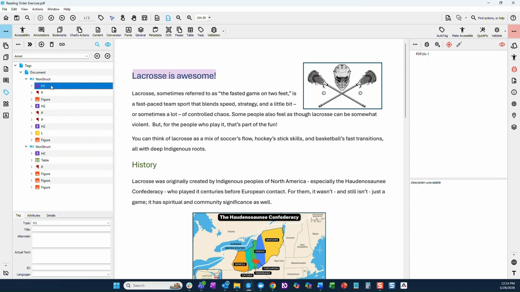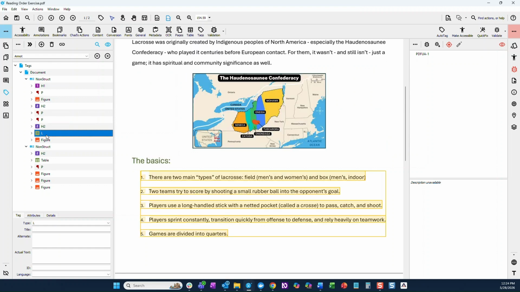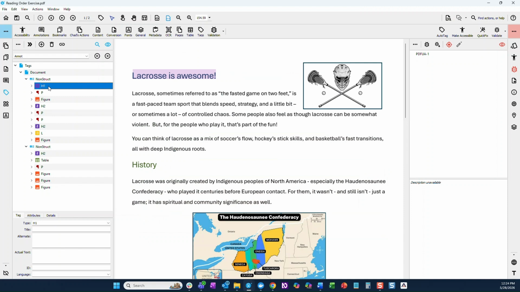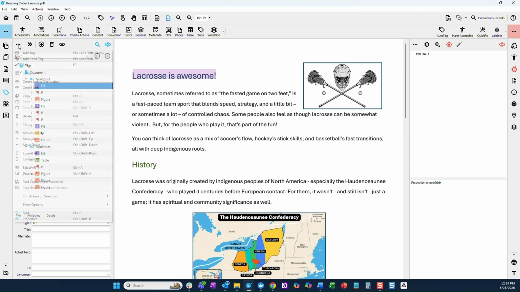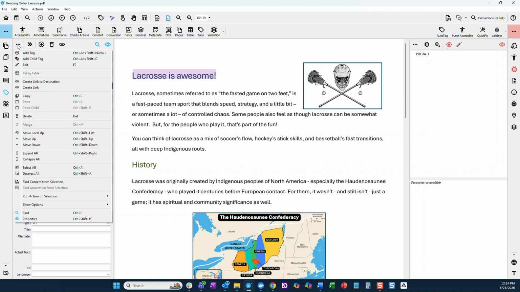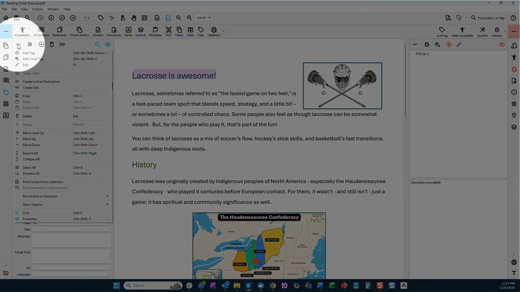One way to check the reading order is to simply select the tags in the tag tree in order and make sure that they follow the logical flow that you would intend, right? In this case, they don't, because the next step is to fix mistakes. But one way to check the reading order is to simply navigate through the tags and see how they will be read. Another way to check the reading order is above the tag panel, there's the hamburger icon or the